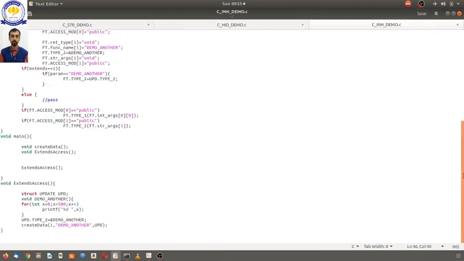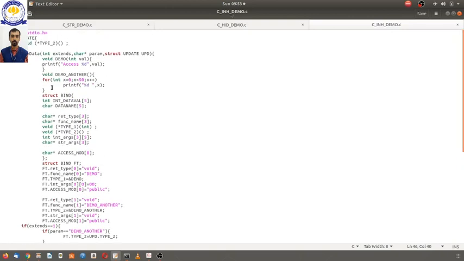This is the concept of inheritance using C. Here you see we have a function, and I have a structure.